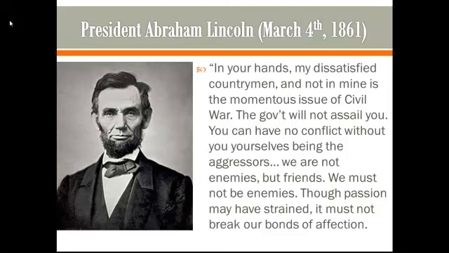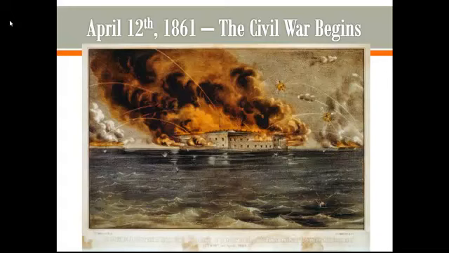And Lincoln, in his inauguration, extended an olive branch to the South, hoping to bring them back to the negotiating table to talk about the future of the nation. But on April 12th of 1861, shortly after Lincoln took office, the Confederate States of America and the Confederate Army opened fire on a United States government fort in South Carolina at Fort Sumter, and the first shots have been fired in the war between the southern states, the Confederacy, and the North, the Union.